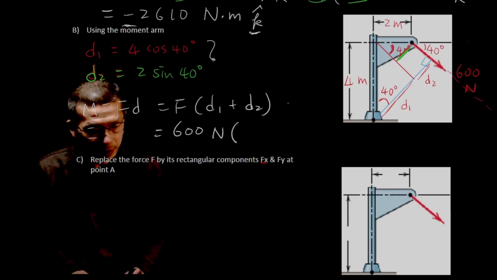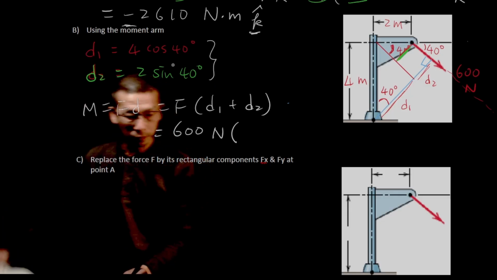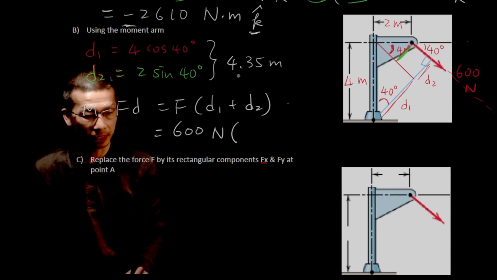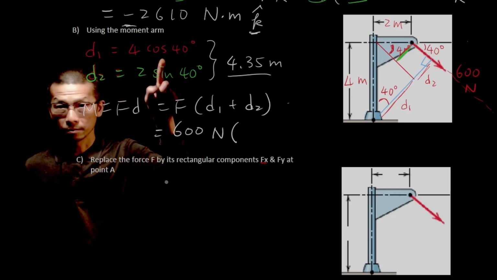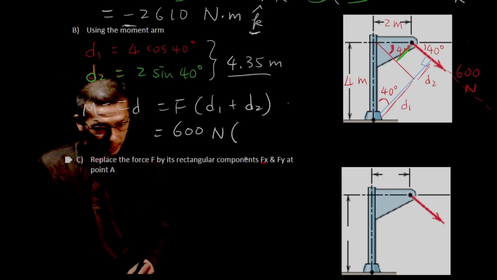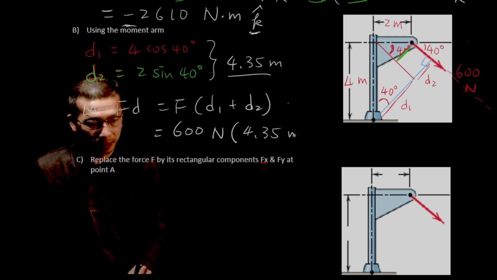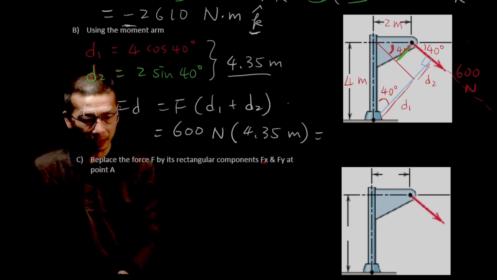So if I do that, I get D equal to 4.35 meters. Check the math for me, please. 4.35 meters, the sum of the two, D1 and D2. So 4.35 meters, and that should give you exactly the same as